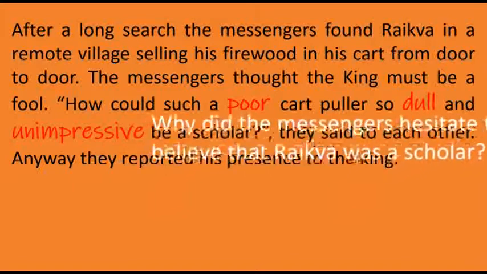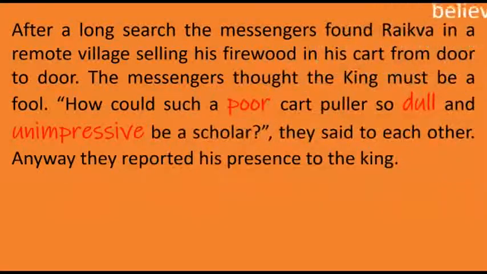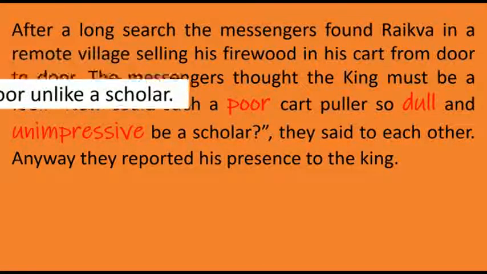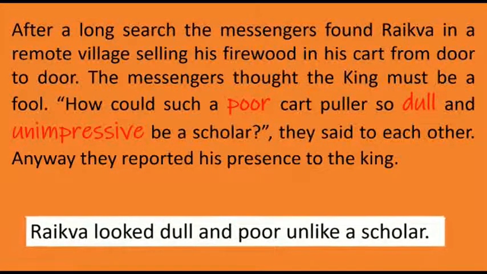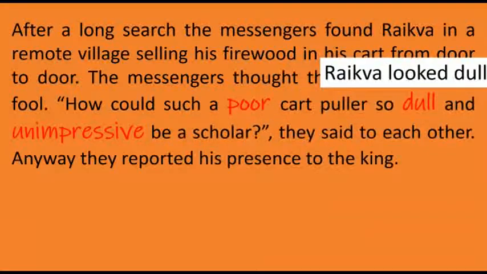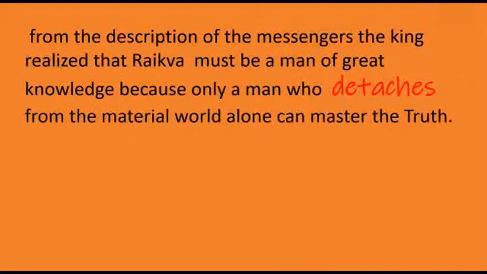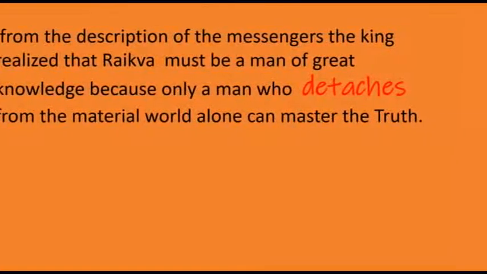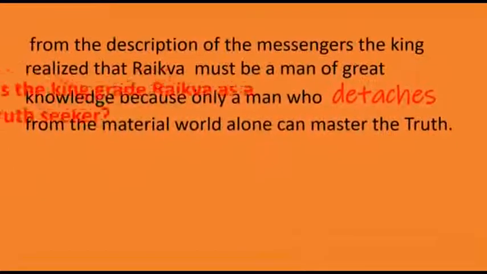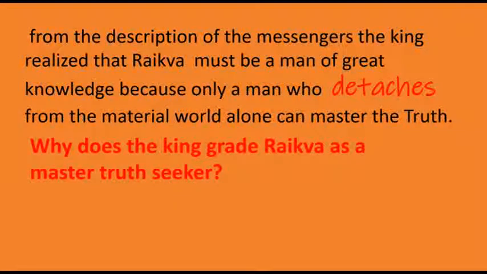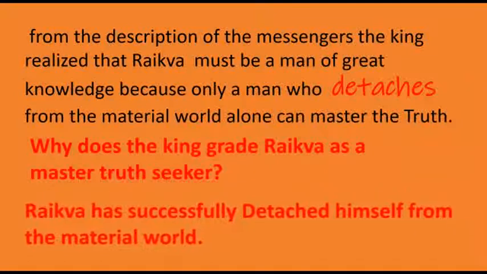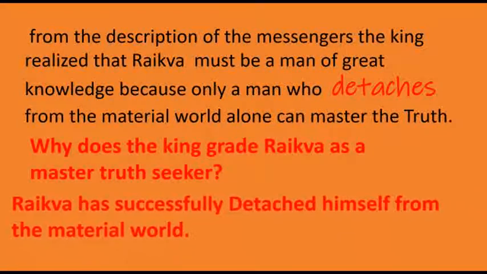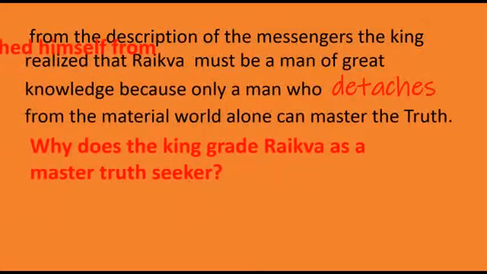The answer area is very big, but that doesn't mean you need to copy the whole part; you can organize it: poor, dull, and unimpressive. Let's see the answer to the question. It's very simple. Reikve looked dull and poor, unlike a scholar. Or if you want, you can add this: poor, dull, and unimpressive, unlike a scholar. That's possible. The last paragraph is a very simple, small paragraph. Here the question is, why does the king grade Reikve as a master truth seeker? The word is detached. Take the complete answer, and it depends on how you organize it. So we have organized the answer for you. Reikve has successfully detached himself